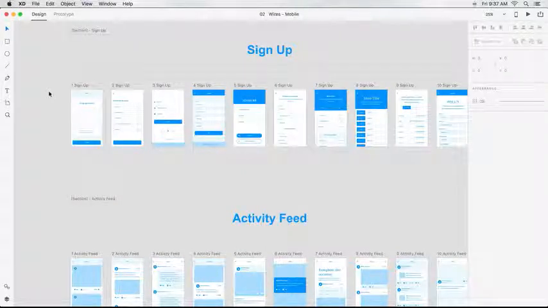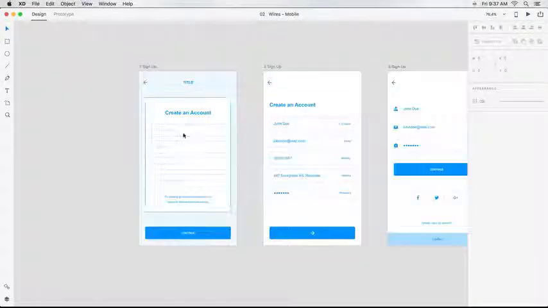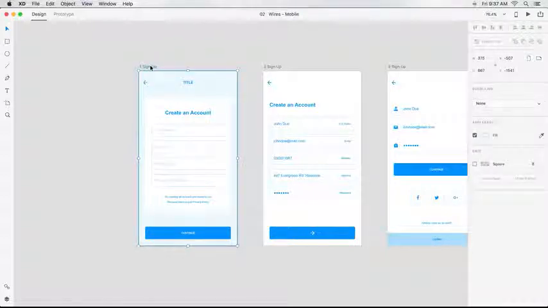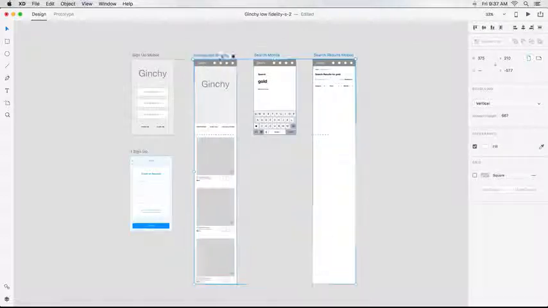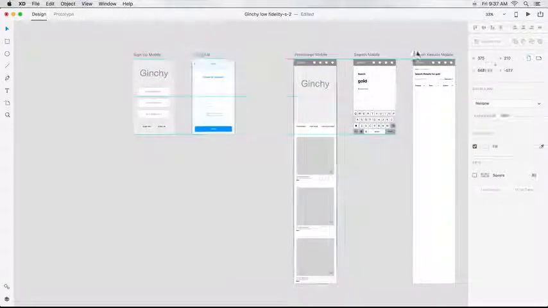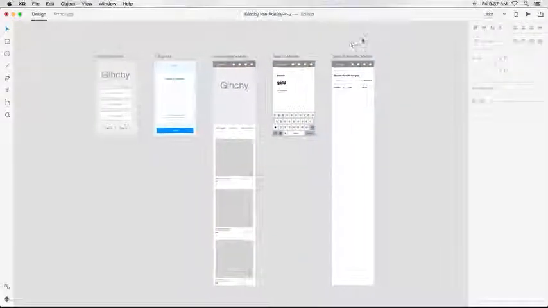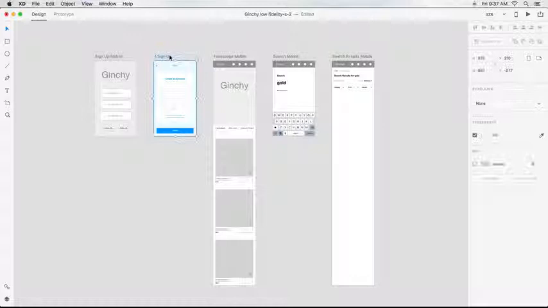I survey what's available and find a screen I like. I choose the artboard, right-click and choose Copy, and go back to my Ginchi file and choose Edit, Paste. I grab my artboards and I move them around until I'm happy with the order they're in. I'm starting to get an eclectic mix of colors and fonts since I've copied and pasted so much into my file. If I really like the blues that came in with the newest artboard, I could select the artboard, open